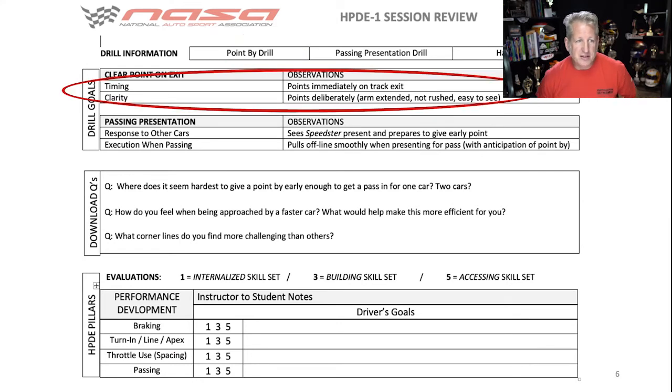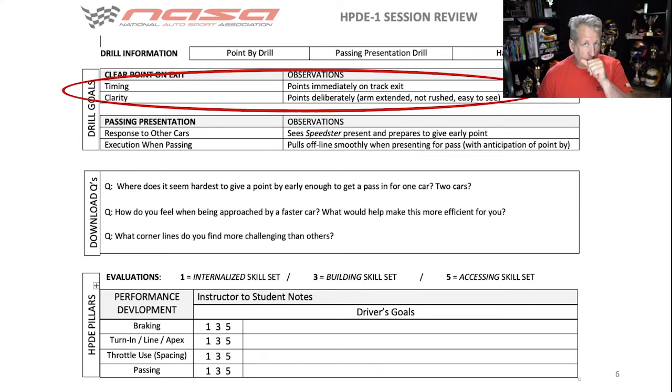So this thing right here, this top four point-by drill, as you can see under observations, we're looking for them to point immediately, give a point-by with either an extended straight arm or over the top, right? Trying to do that in the camera, over the top, immediately on track exit. So we're modeling best practices so that the point-by doesn't occur halfway down the straight and a train starts. So as soon as you are tracking out, you are giving that signal to give a